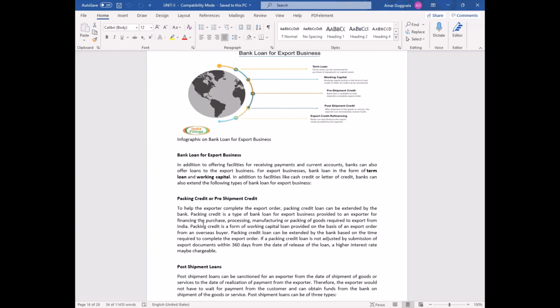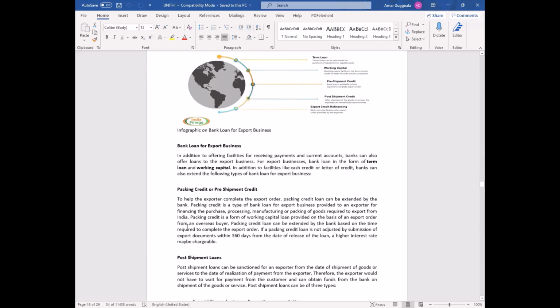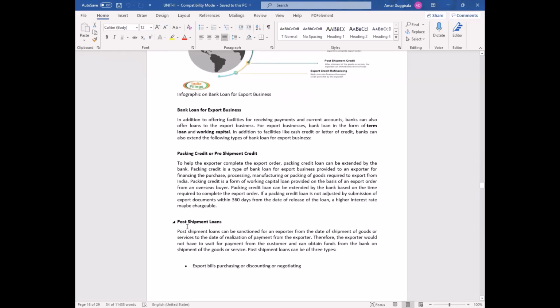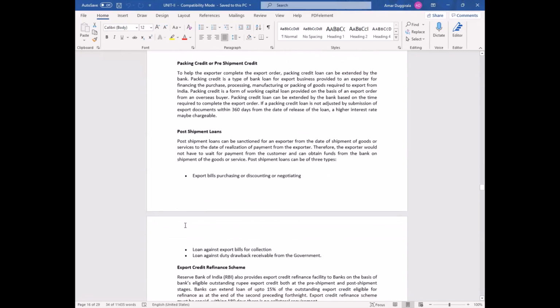So the bank may extend some short-term credit to be able to manage more orders, to be able to run the factory completely. Once you receive the full payment of 50, 55 lakhs, whatever that amount is, then you can go ahead and repay the post-shipment loans if offered, or the packaging or pre-shipment credit that has been offered by the bank. So in both the cases, you can see this is a kind of working capital loan.